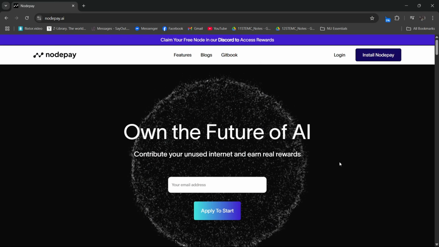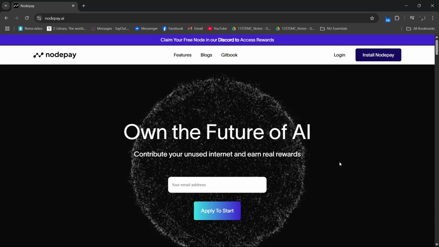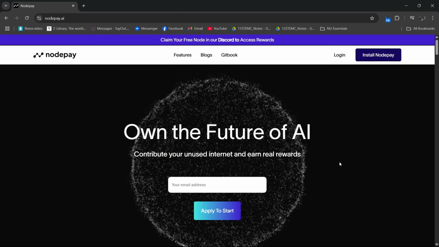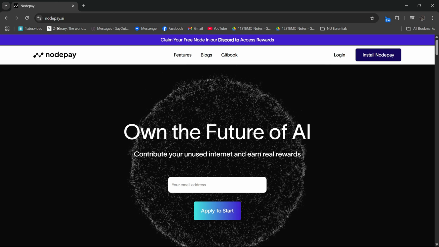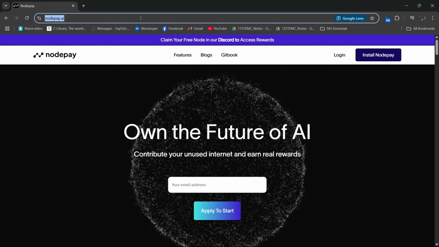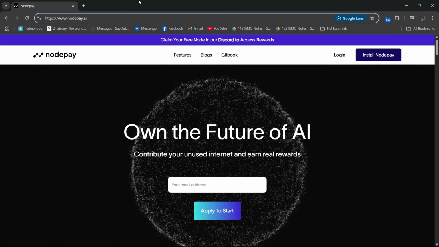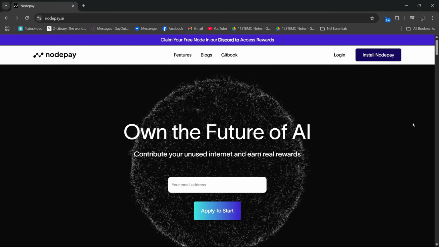So in this tutorial, we are going to teach you how to claim your voucher code on NodePay. So first, you need to access any web browser or search engine, but in this case, I am going to use Google and kindly use the search bar to search for NodePay.ai. Once you click on that, you will be redirected to this page, and to claim your voucher,